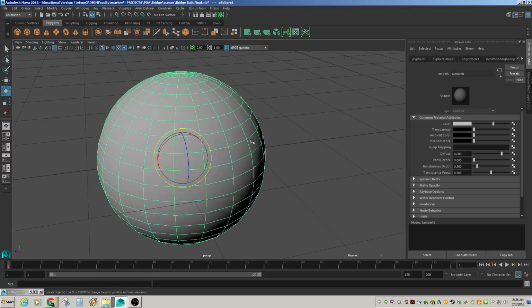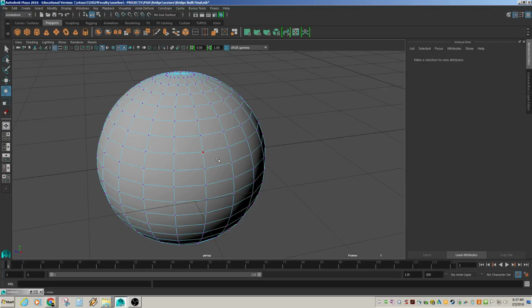Okay? And component means I want to be able to edit each of these components, the things that make it up, individually. So the quickest and easiest way, the way I like to use, is right-clicking. We can choose from some of these options. Now currently we're in object mode, and when we need to go back to it, that's how we'll do it. So if I right click and hold that down, I'm going to go to vertex first. So vertex is going to